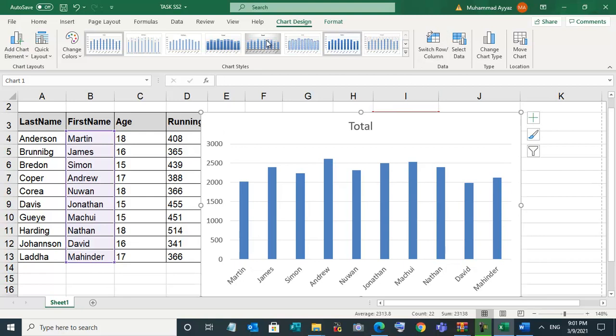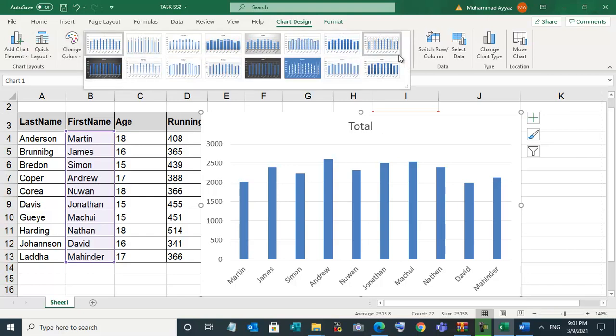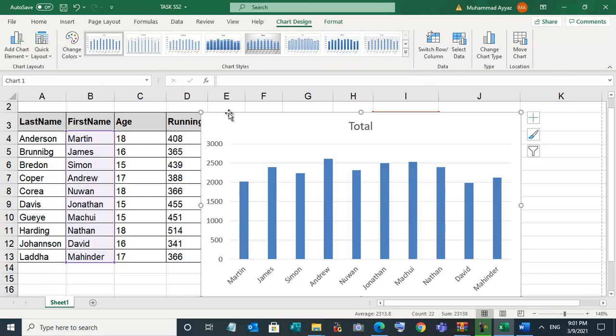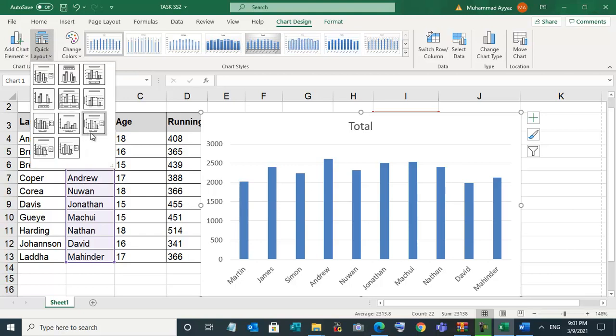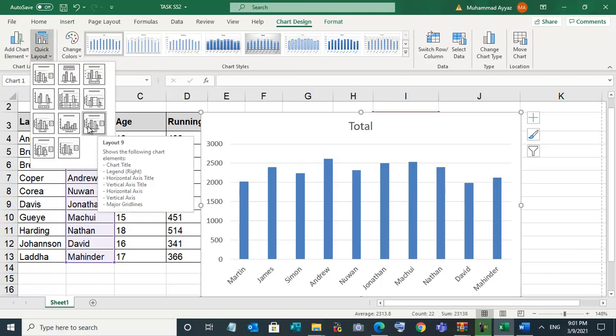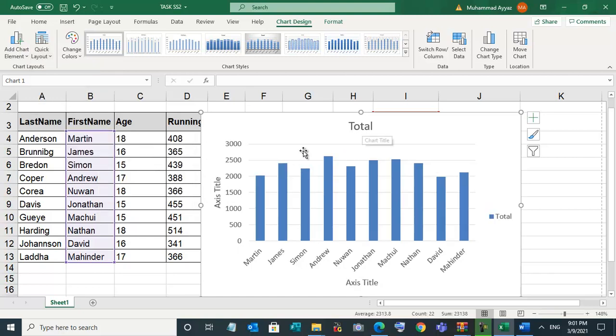Now open page layout. Chart design is already open. When the chart comes, it is open already, so you can go to the quick layout, it will be easy. Go to the quick layout and select this one. See, the title is there, the vertical heading is also there, the legend is also there, and the horizontal title is also there.